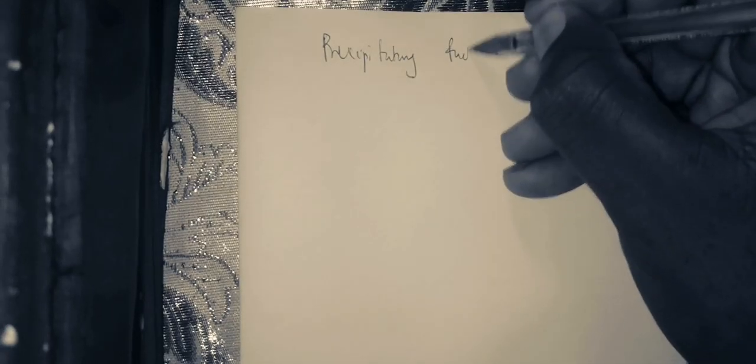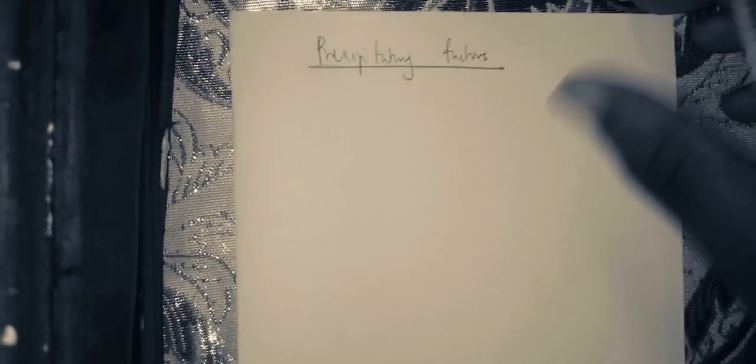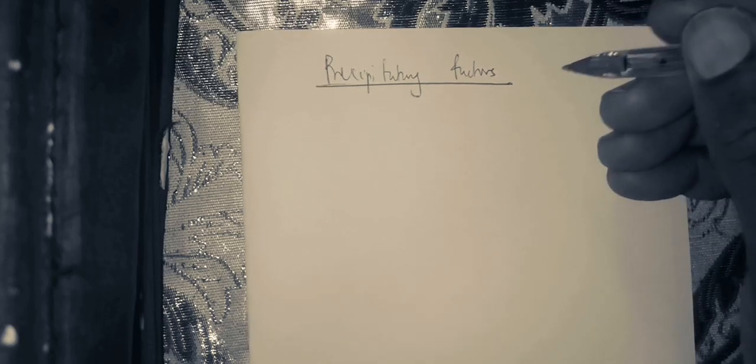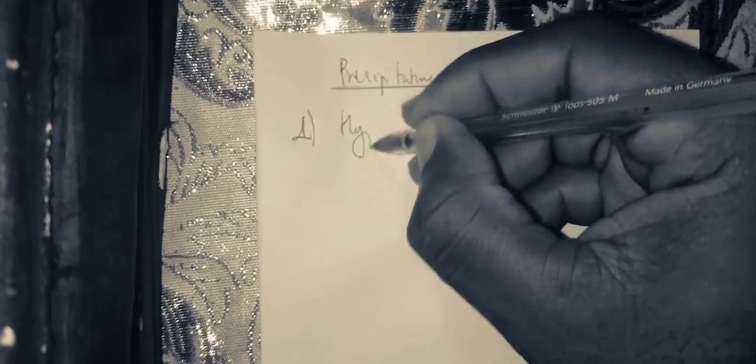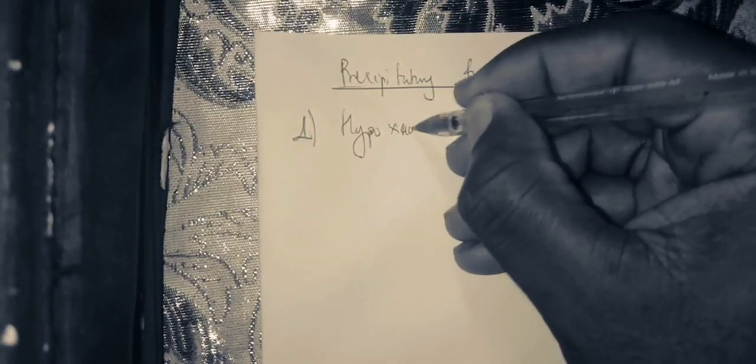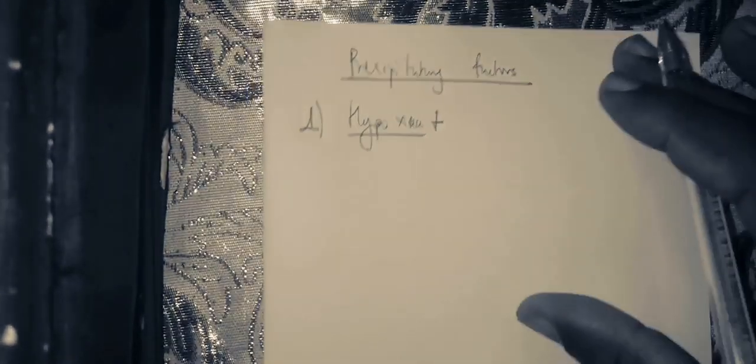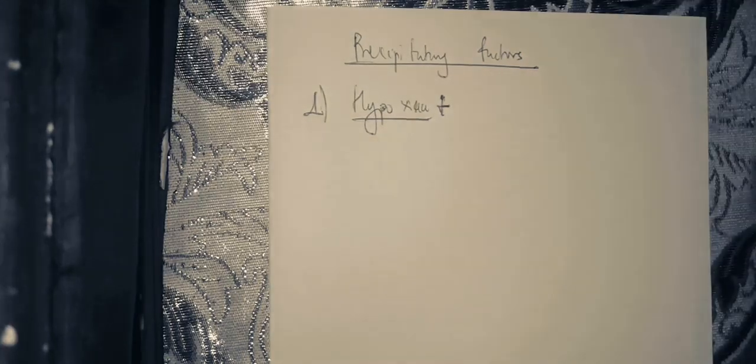So for the precipitating factors of sickle cell, you need to know that there are generally different precipitating factors. The first element of the precipitating factor is hypoxia. Is it clear? Now you need to know generally